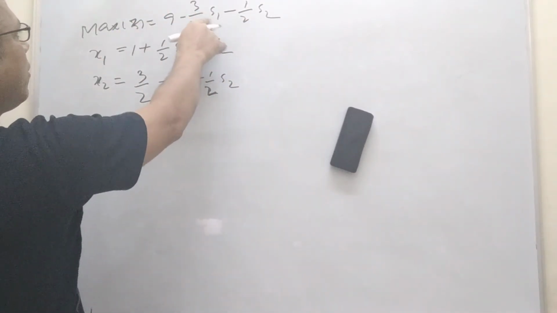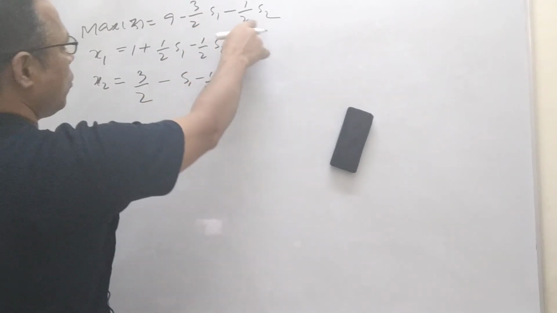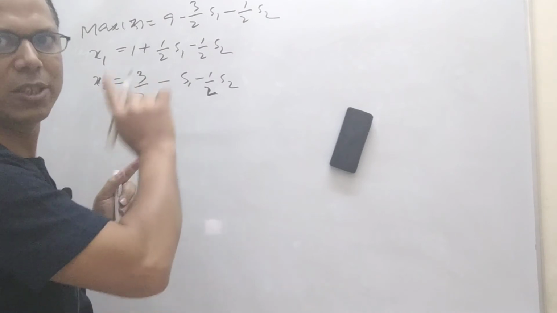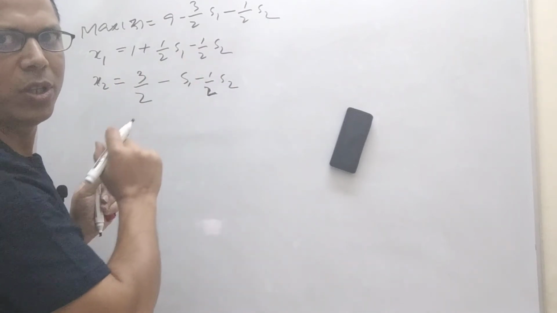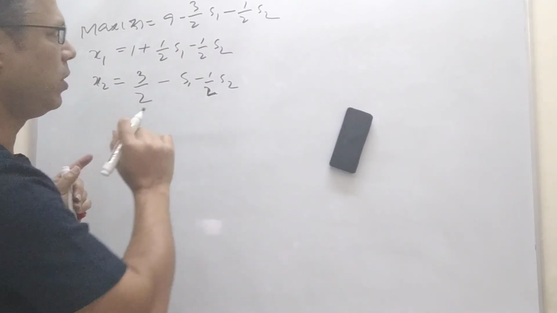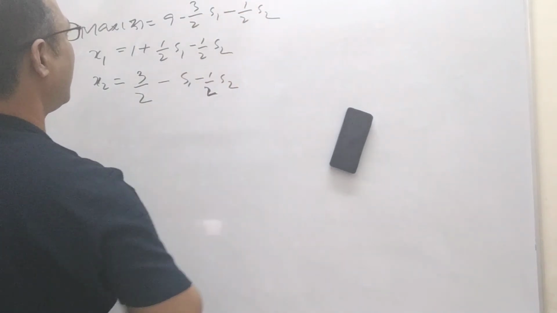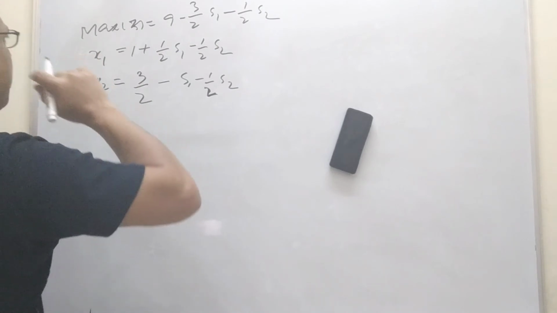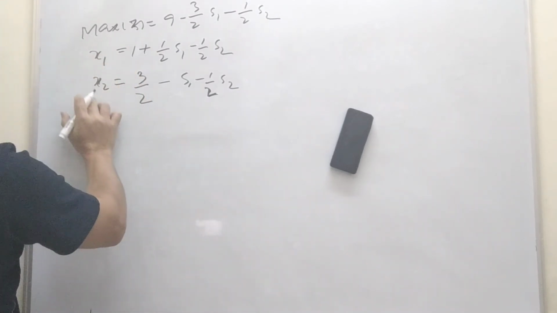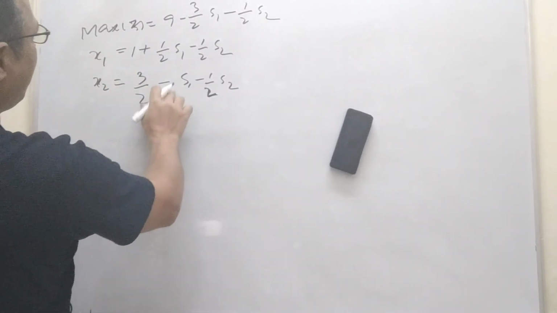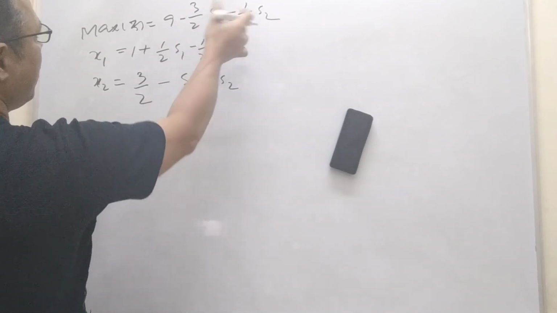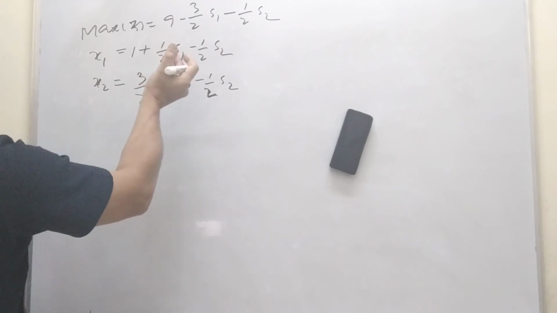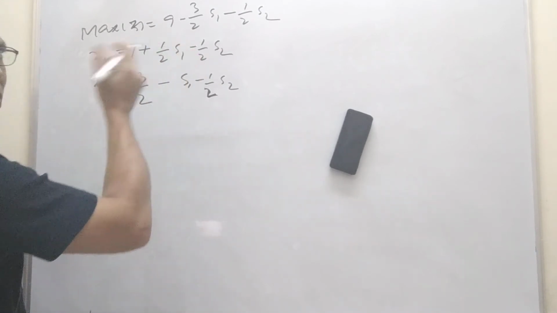The coefficient of S1 is a negative value, and the coefficient of S2 is also negative. It means there is no positive value, so we cannot go for the largest positive value. Out of these two negatives we cannot proceed. So none of the variables is going to enter into the basis. Now which variable is going to leave the basis? We would check from the constraints, but because none of the variables is ready to enter into the basis, we do not need to check which variable is going to leave the basis.